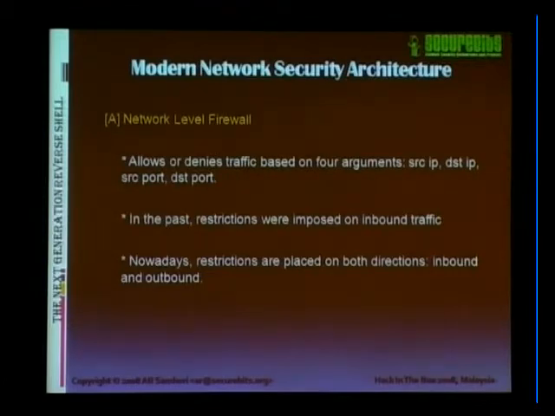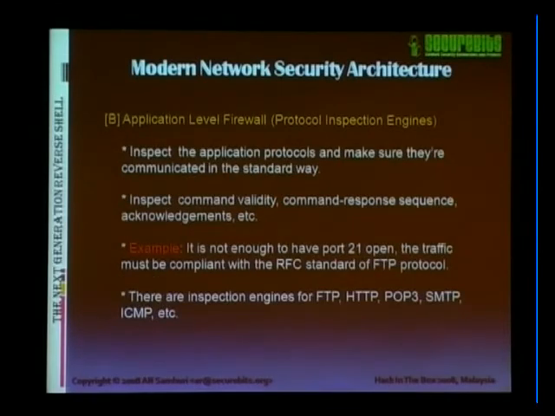Nowadays, restrictions are placed on both directions. And this is very important because in the past, when you exploited a system, it was very easy to initiate, for example, a connection on a high port number. Nowadays, you cannot do it. The protocol inspection engine monitors